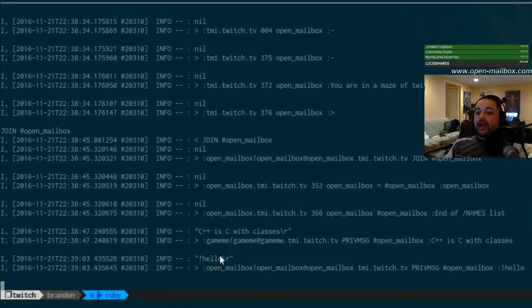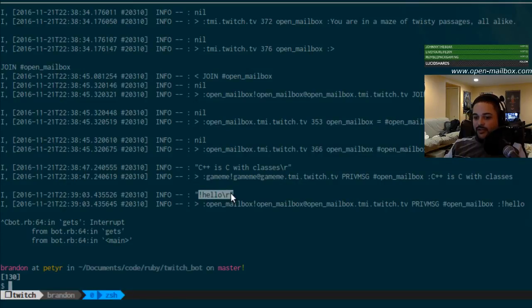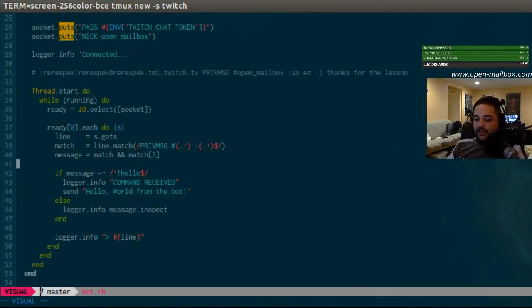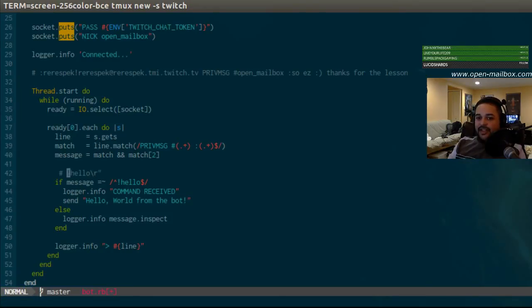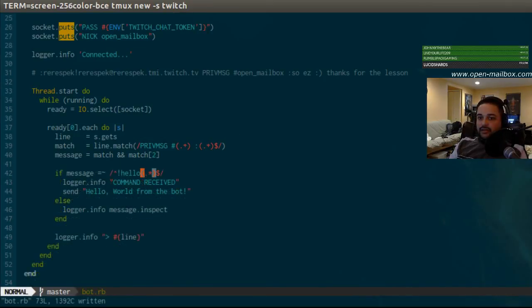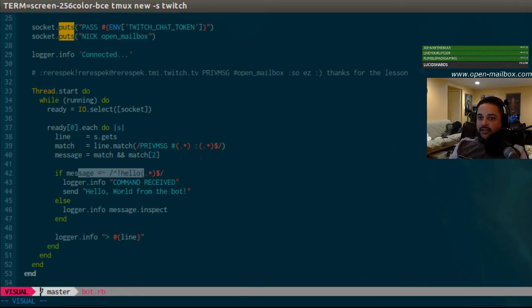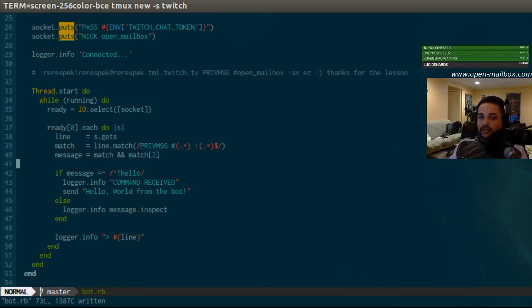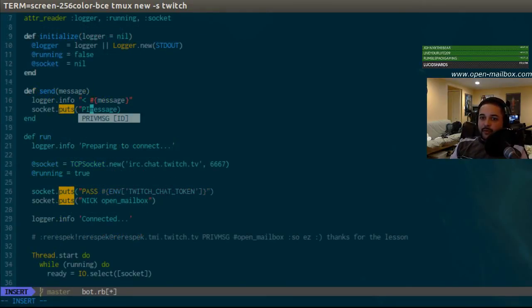Still not, oh, haha. All right, so here's why this is not working. Right there. Carriage return. We are not regex matching. Okay, I'll copy and paste this. Well, that worked. Copy and paste this just to illustrate the point here. We are seeing a carriage return at the end of our message, and we are not looking for it in the regex. Actually, let's just make life easy for right now to make sure this works, and we won't match anything other than hello. Now, we're sending the message verbatim when what we need to do is send it to the right channel.